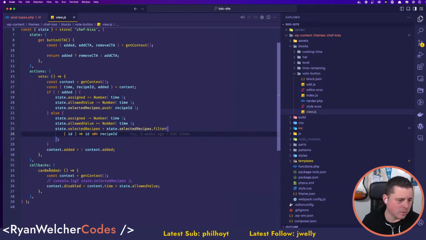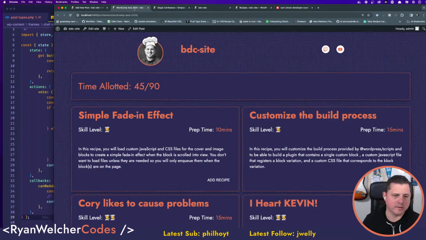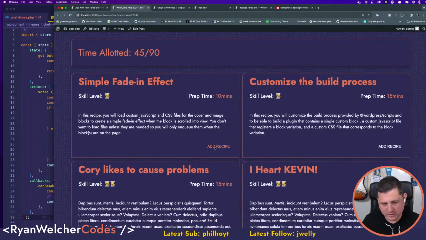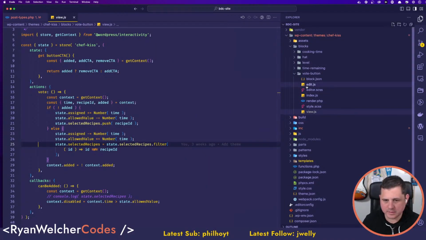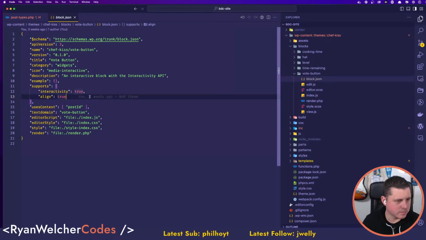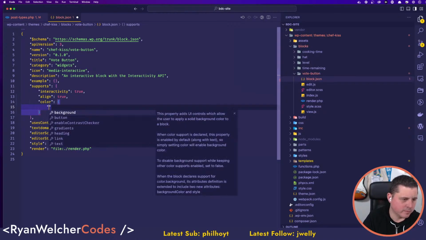Okay, so the can-be-added button. I think there's a couple of states in here. Let me think about this. This button just looks horrible, I want to actually make it look like something. I'm gonna add, let's see, block supports. There you go. And here I'm gonna add colors, color. And I'm gonna have background color.